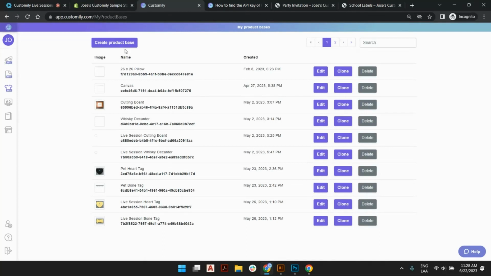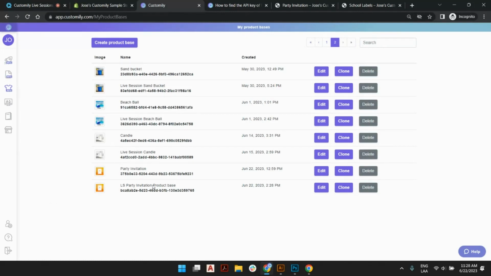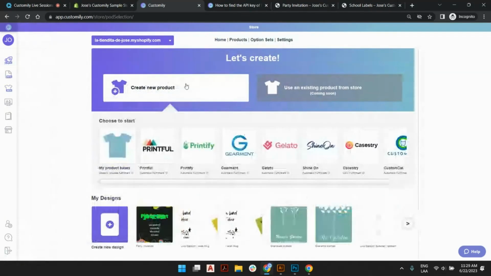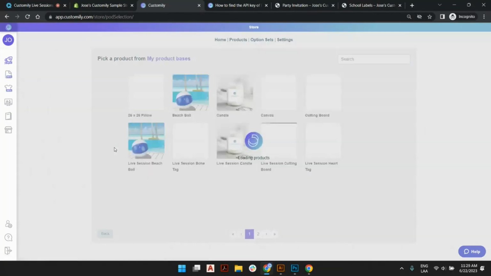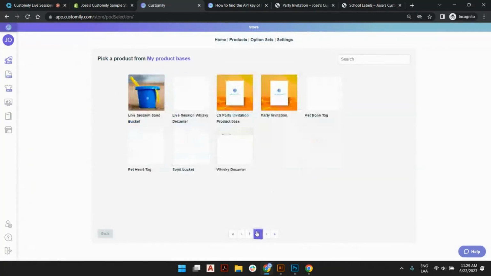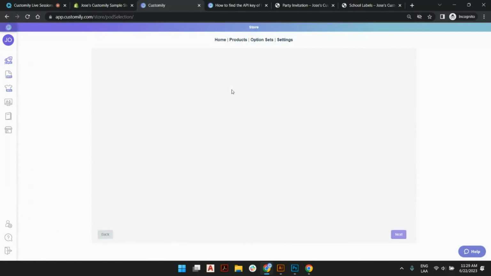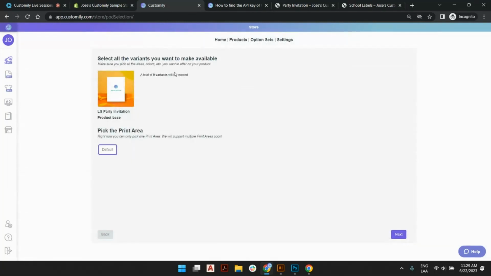We are taken back to this section here, these product bases. I can see I have a lot of them, but this one is the last I created, in the last page. So now we can go to the Start menu, and I could actually come to create new product. Instead of picking any of these products, I could go to my product bases, click here, find the LS invitation product base, click on this product, select, well, there's no variants to select, but